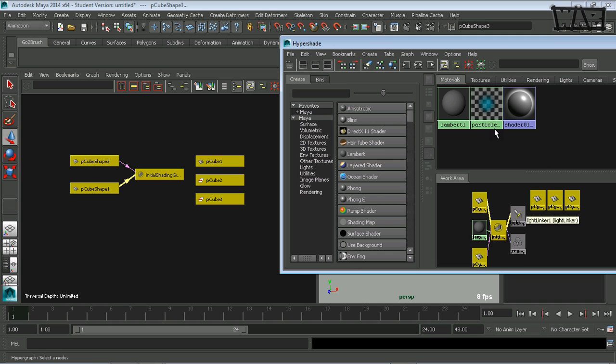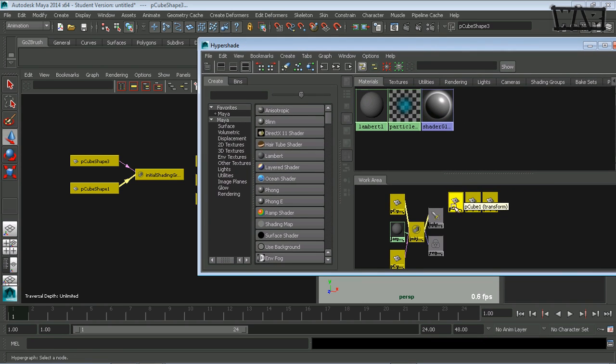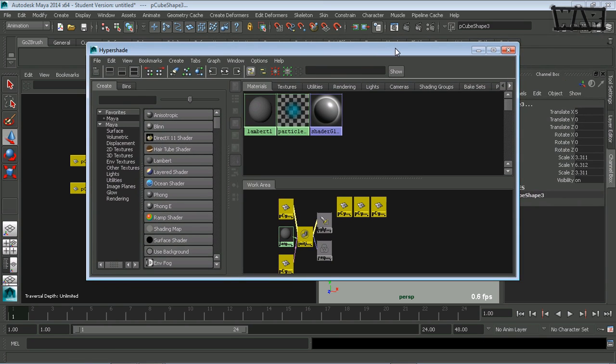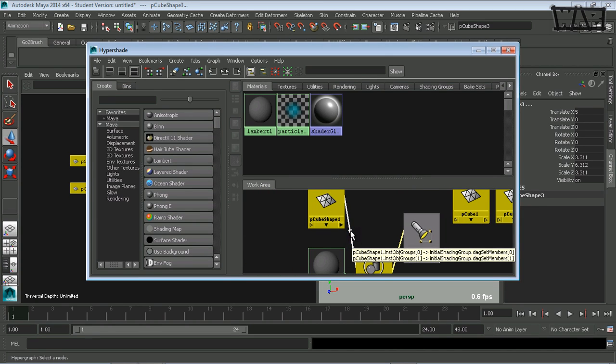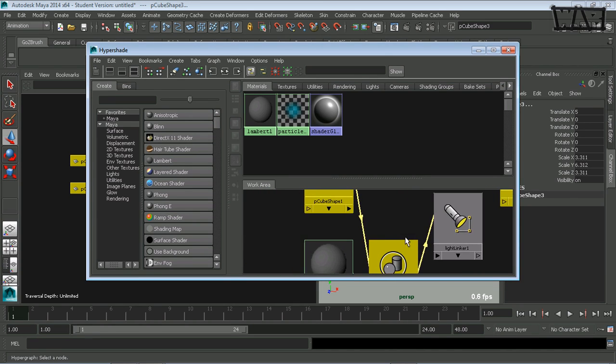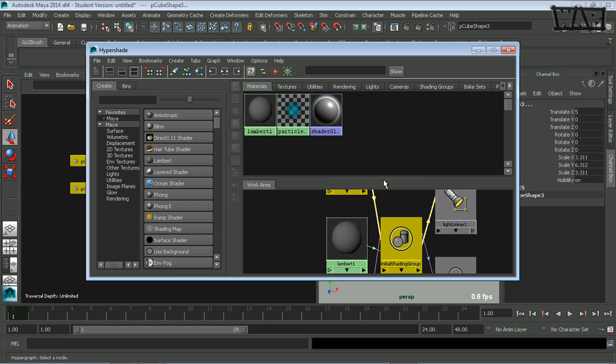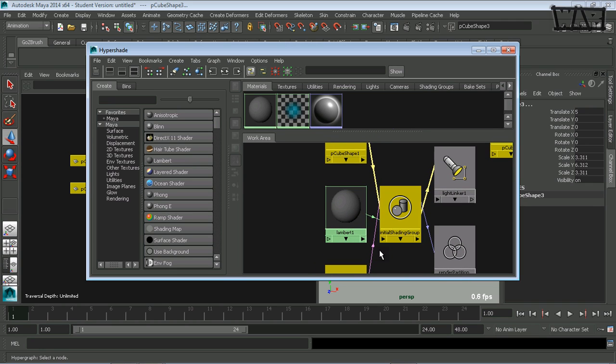Okay, so if you were a rendering artist or a lighting artist or shader artist, then this would probably be your editor of choice. Okay, I just wanted to show you, and it works the same way. You hover over a connection. Now I should note that if you have two different arrows here, right? This one's really thin and this one's thick. If you see a thick one, it just means that